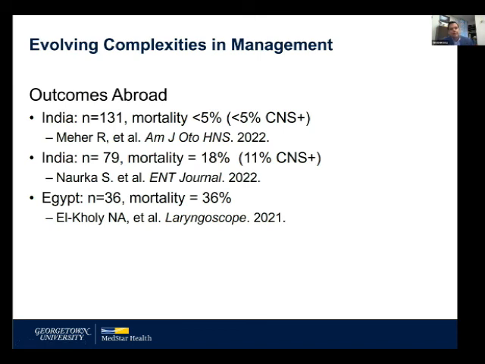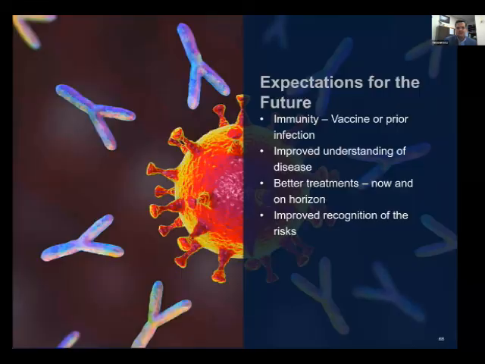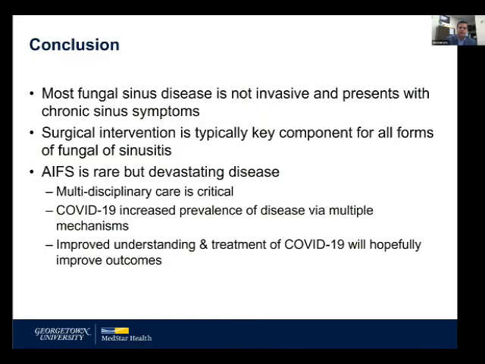And so part of it, when it was so common, people were getting scanned earlier, they're getting intervened on earlier, and getting treated with medication and aggressive treatment at an earlier stage. And so that's really my argument for treating these patients as early and aggressively as possible, because the earlier you get to them, the better they can do. And I think earlier recognition is key, and it's tough because when it's a less common disease, it's tough to pick up. I think as we move forward, we can look at increased immunity with vaccine or prior infection, as well as improved understanding of the disease and better treatments for the COVID, as well as improved recognition of the risks of developing this, that we can go back to a more normal picture here with invasive fungal disease.